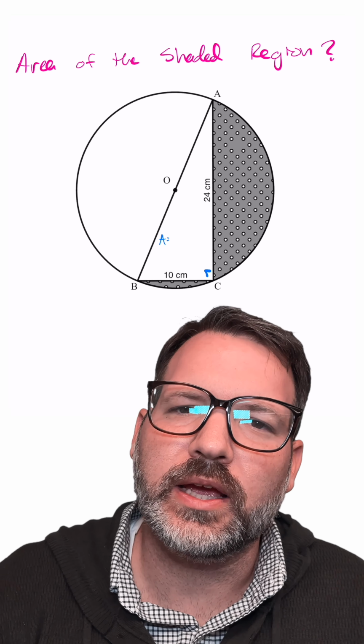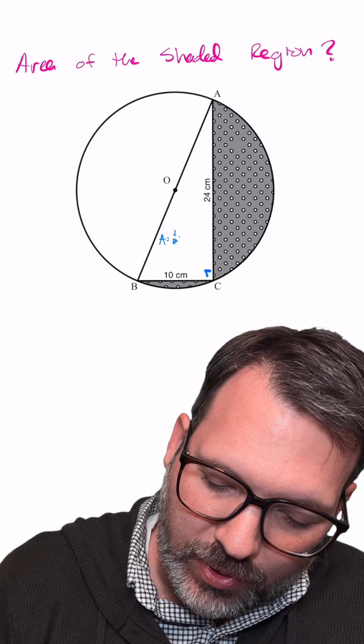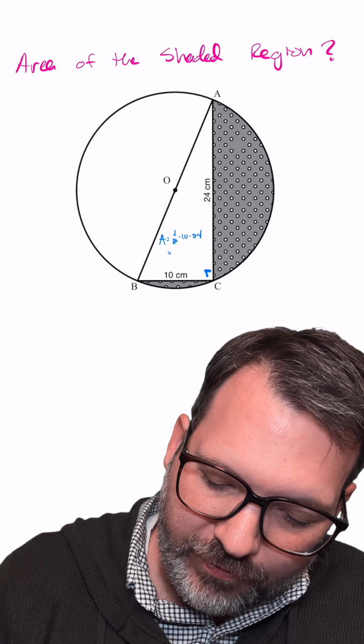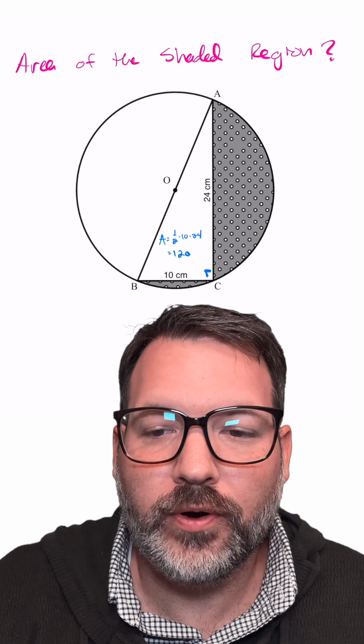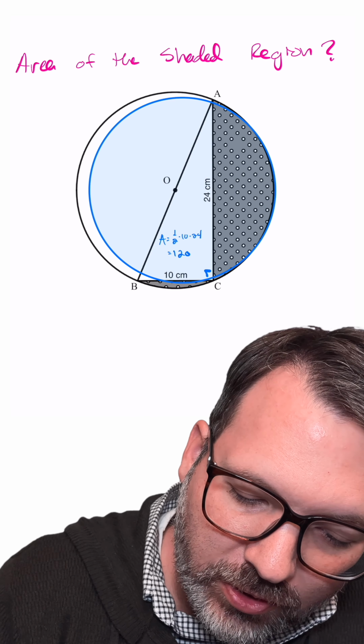Like any triangle, its area is given to us by 1/2 of the base times the height. So in this case, that's going to be 1/2 times 10 times 24, which is 120. From here, if we could find the area of the entire circle, all we would have to do is subtract